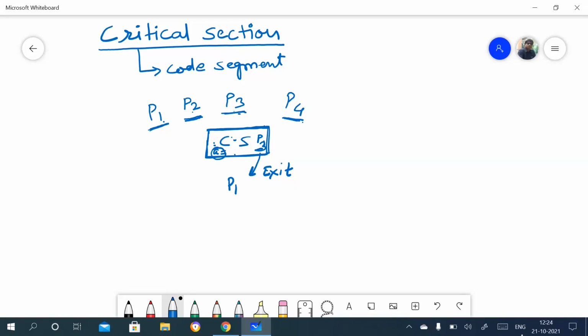Only that P3 will access this a variable because this is inside of this. And when P3 completes its execution with this a, and P3 exits from this critical section, then any process from the remaining P1, P2 or P4 can enter into this critical section to access this A. Have you understood this? So this is nothing but the critical section,